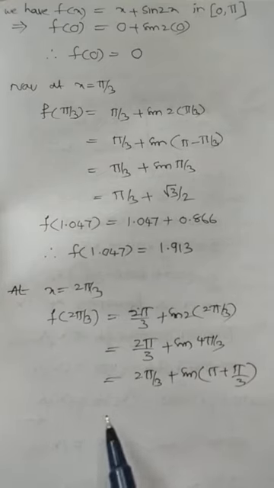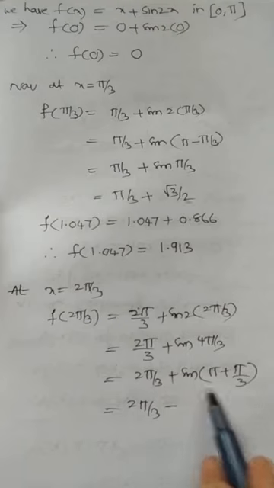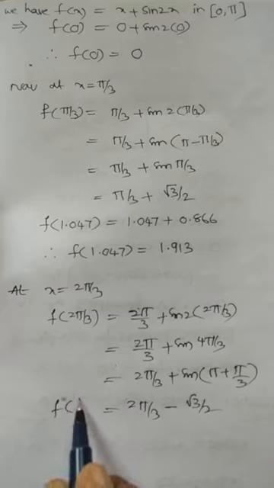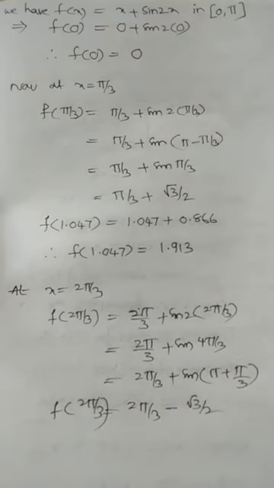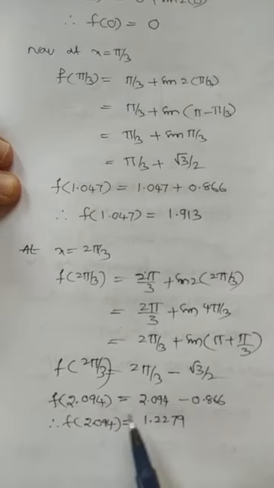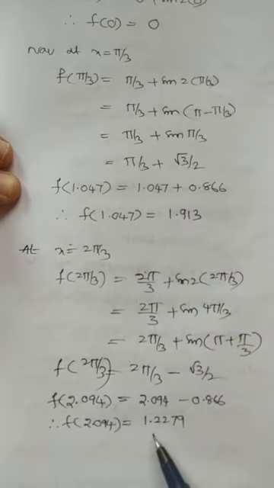In the third quadrant, sine is negative. Sine pi by 3 is root 3 by 2. So I got the value of f of 2 pi by 3 like this. I am converting it into numerical form, so f of 2 pi by 3 is equal to 2.094 minus 0.866. Therefore, at this stationary value, I got